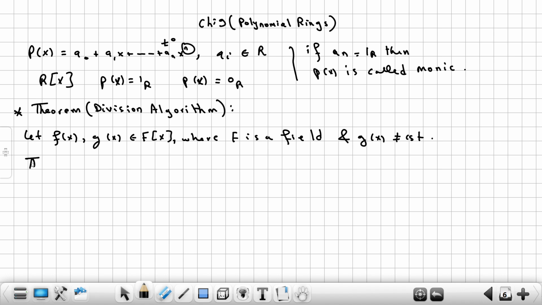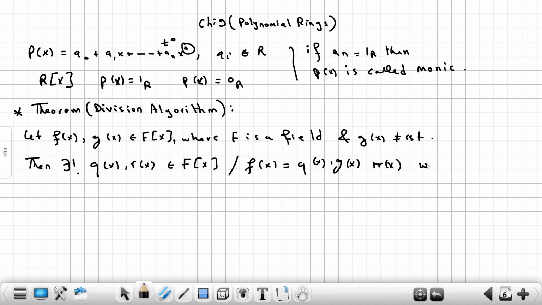Then there exist unique polynomials q of x and r of x in F of x, such that f of x is equal to q of x dot g of x plus r of x, with r of x equal to 0, or degree of r of x less than